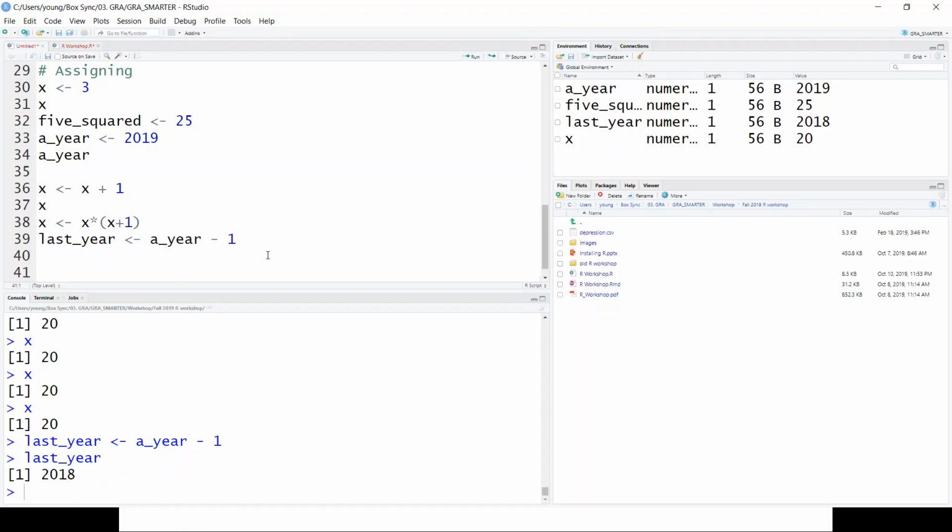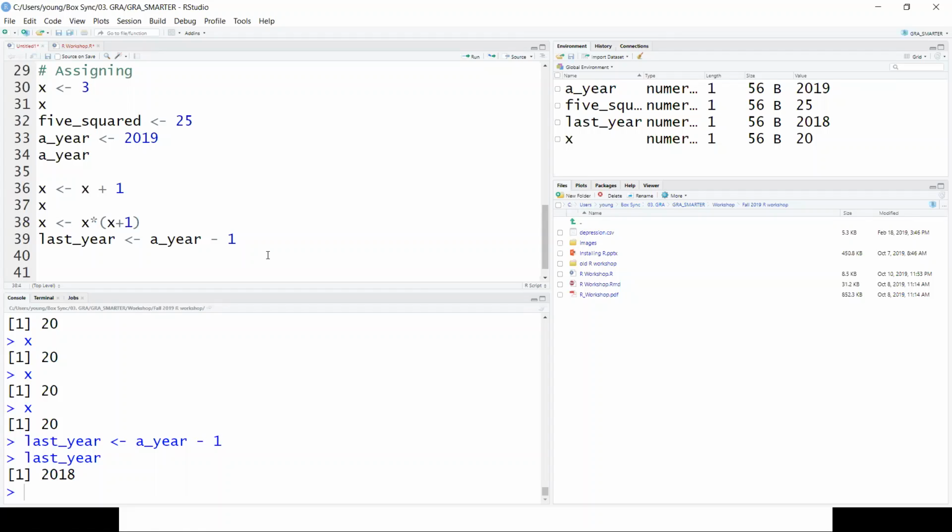How does R recognize the first X? So it doesn't recognize a first X and second X. It just rewrites the X every time. So after I calculate all of this, X is not a 3, not 4, but just 20 right now.